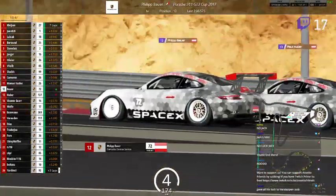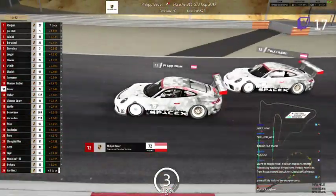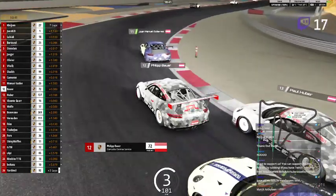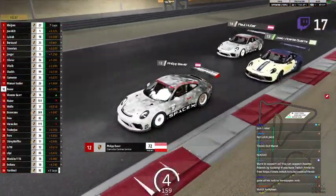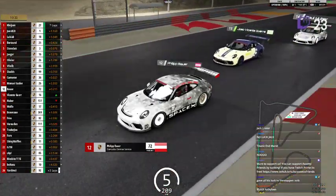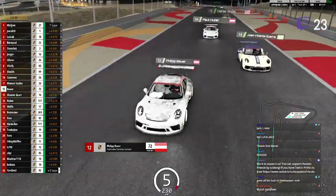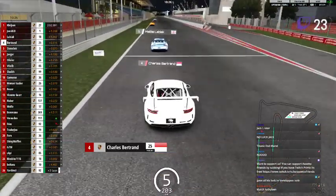Bauer with the outside through 12. Move made, or is it? Paul Huber's still got a little, just reminding him he's there. Joao's going to take Paul Huber now, P13. Got an equal run down the back straight compared to Philip Bauer, so I don't think there's going to be any move here. Charles Bertrand is getting much closer to Matti Labiak, where in fact they haven't really separated yet,